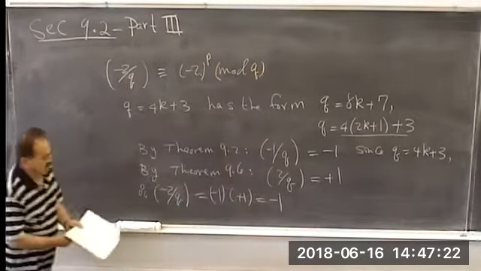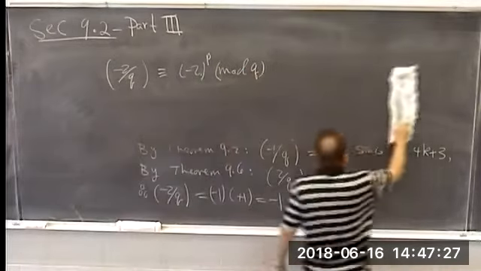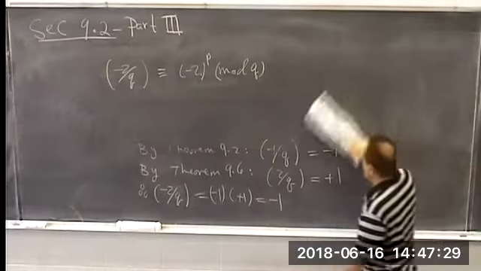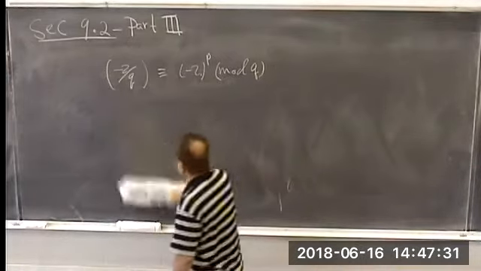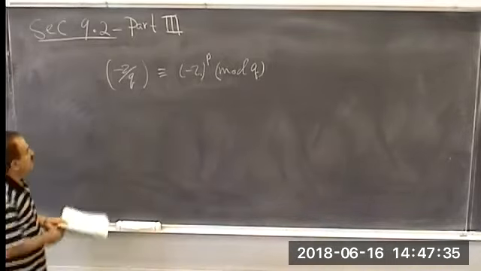So these together, we can see that it's going to give us the negative 2 to the p is congruent to negative 1 again. So therefore,